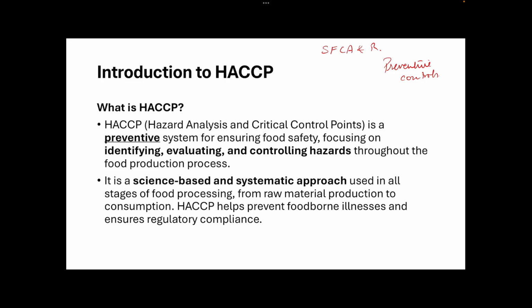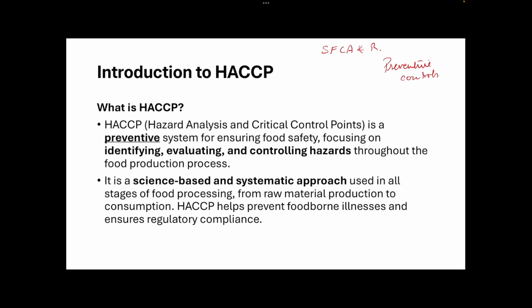From raw material to production, these hazards could be present, could be entering, and the idea is to identify these hazards and control them so that they do not risk food safety. For HACCP to be,